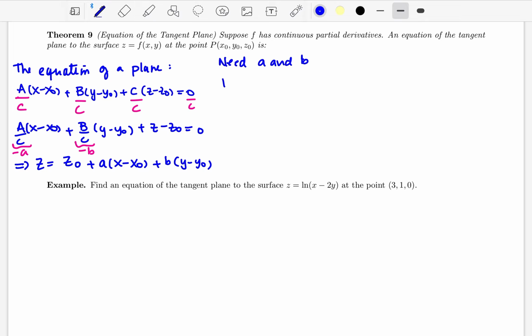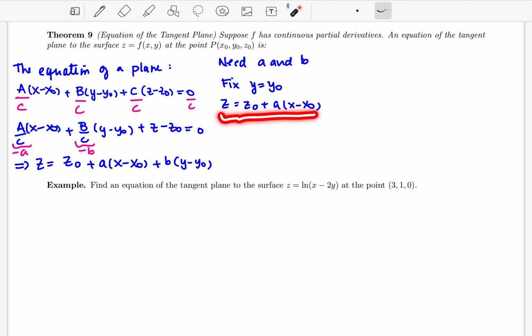So what I'm going to do is, let's say I fix y equals y naught. If I do that, then this whole term goes away and I'm left with z equals z naught plus a times (x minus x naught). Now, when I'm fixing y equals y naught, this is the equation of the line tangent to the curve at the fixed value of y in the direction of x. Therefore, a must be equal to the partial in the direction of x evaluated at the point. So from here, I get that a must be equal to the partial with respect to x, or in the direction of x,